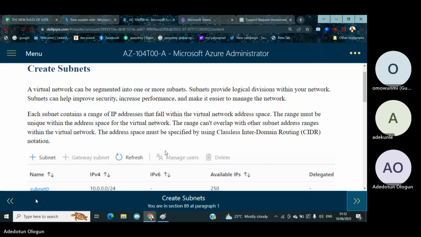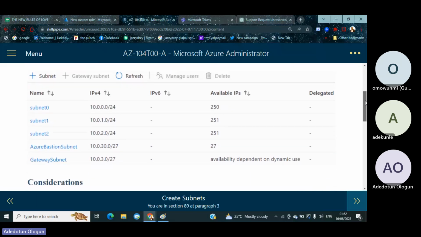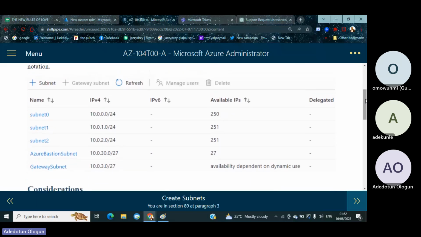So now, let's keep looking at that diagram. Let's assume that this is the subnet. Automatically, this is subnet 0, subnet 1, subnet 2. You can call subnet 0 the front end subnet, then the back end, the admin, and the ops. So looking at this portal as a network Azure engineer, you already know this subnet is talking to